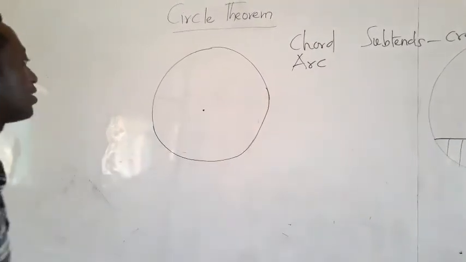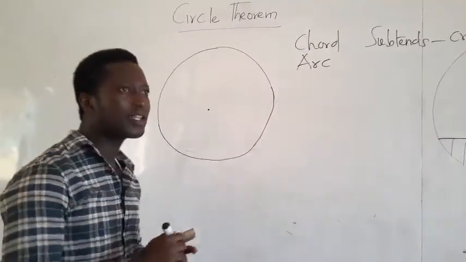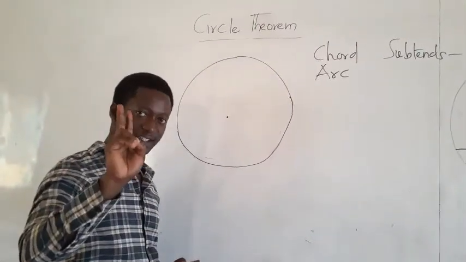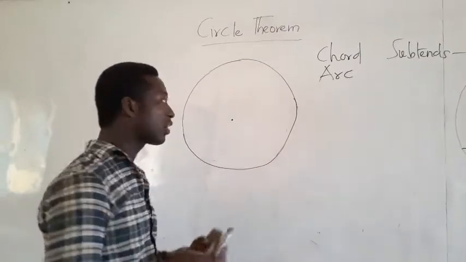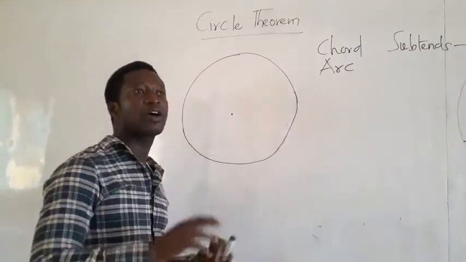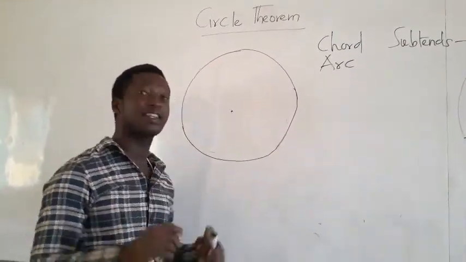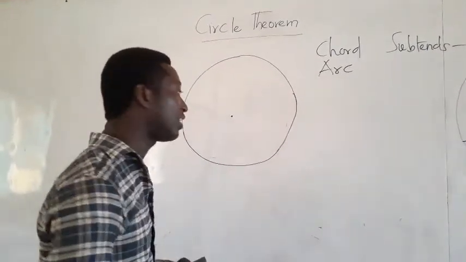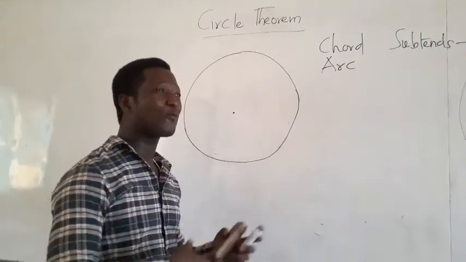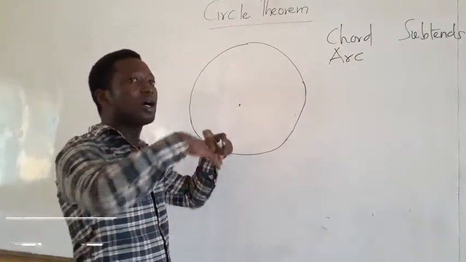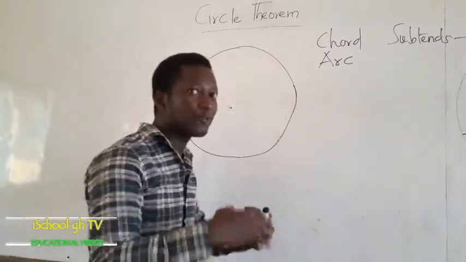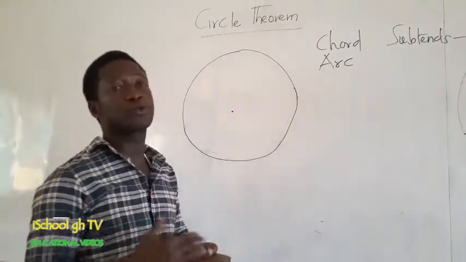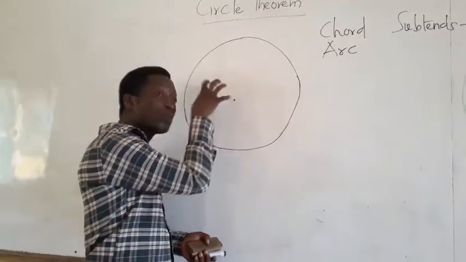Before I can create any angle in the circle, I will need two lines. And these two lines must meet before I can form any angle in the circle. It's different from forming angles outside the circle. In forming angles outside the circle, I don't necessarily need two lines, but to form angles within the circle, I